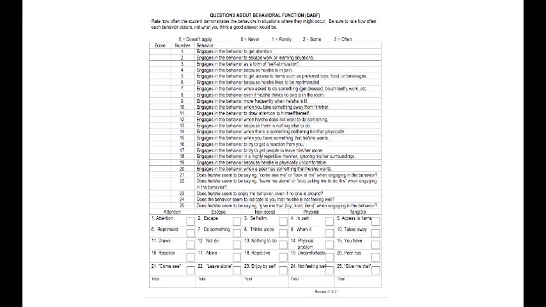It uses a 0 through 3 Likert scale, with 0 meaning never, 1 meaning rarely, 2 meaning sometimes, and 3 meaning often. X is marked if the question does not apply. The QABF has 25 items that break down into 5 items per subscale, with categories for attention, escape, non-social, physical,